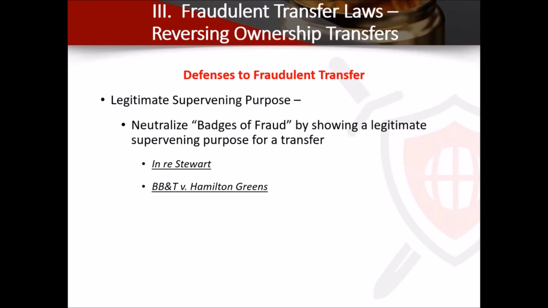If you have something going on, you just have to know that there's a chance that your plan's going to get unwound if this individual has a significant claim against you. And if you go ahead with planning, you may want to have another reason beyond avoiding this individual, and you may want to leave assets inside your own name just to not be subject to the insolvency claim. These are two cases, Stewart and the BB&T. They're kind of interesting.